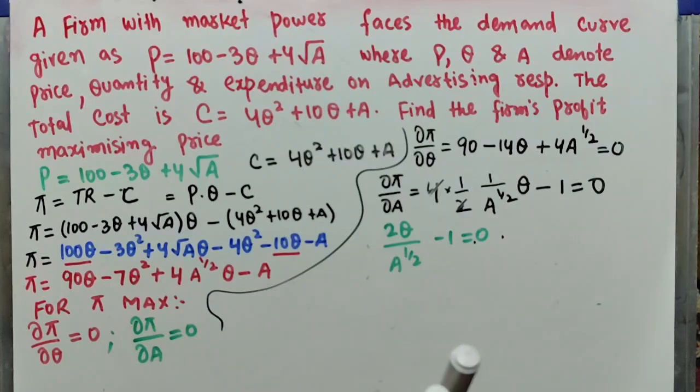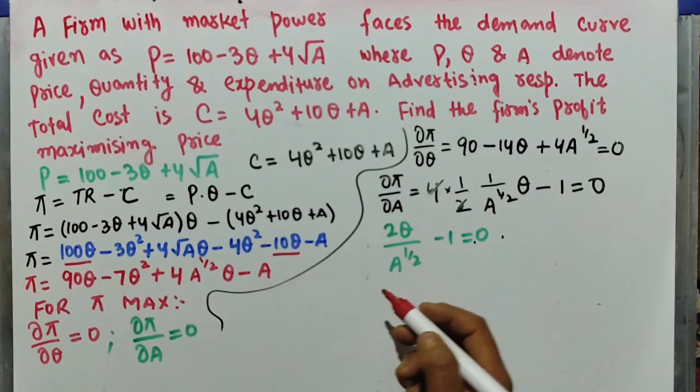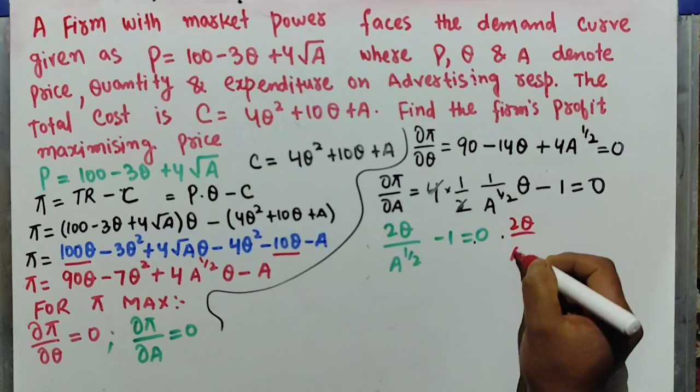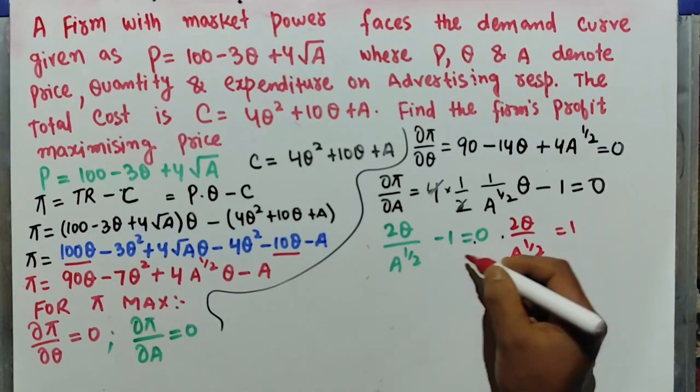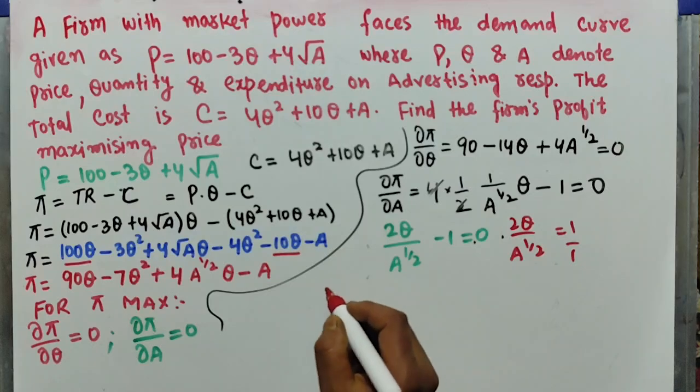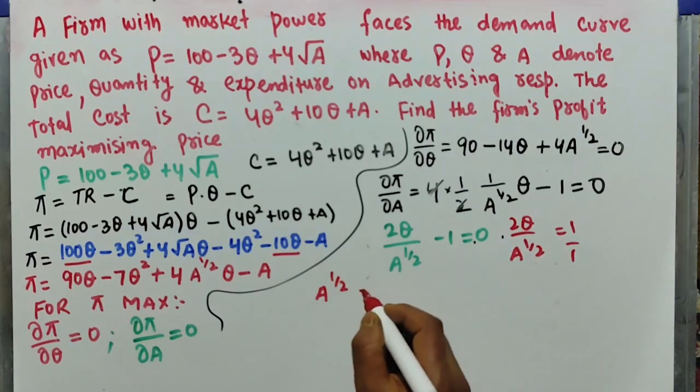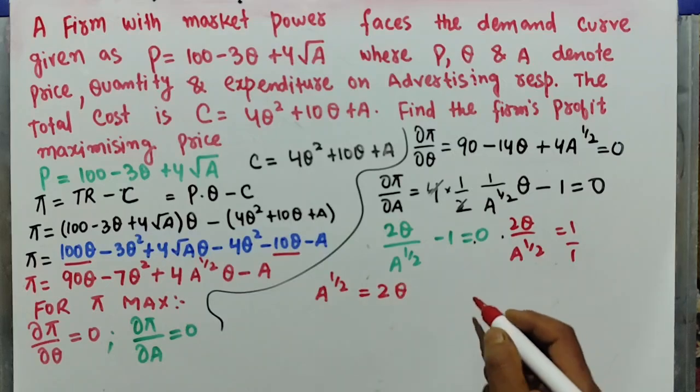Let me see if I have done it correctly. So can we write it as 2q upon a raised to the power 1 upon 2 is equal to 1, transposing this. So we get a raised to the power 1 upon 2, cross multiplying, is equal to 2q,